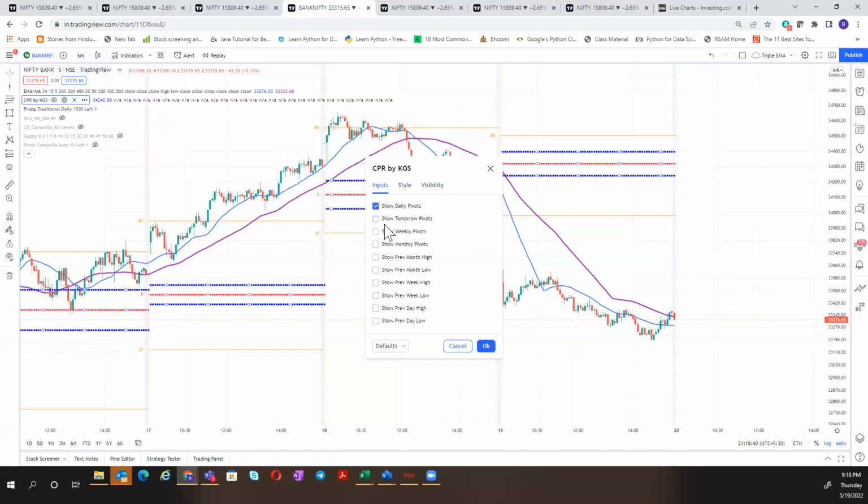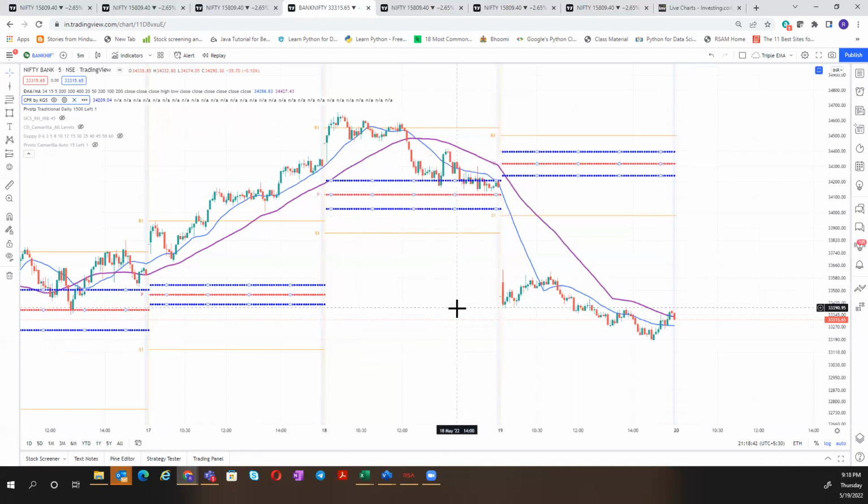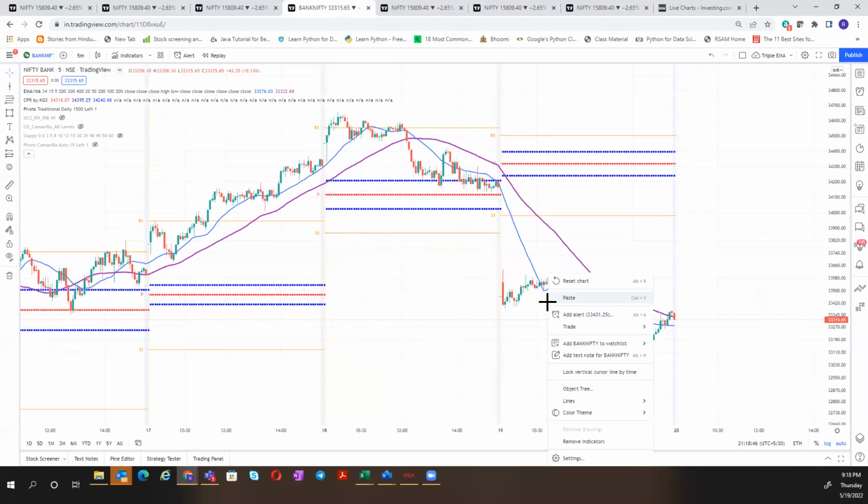Now I'm going to just demonstrate it for you without further ado. Let's go, right? And you can use this strategy in three ways. One is at the opening, when the price opens near the central pivot range, high probability, even if it goes sideways half the day, keep your eyes open, you will definitely have 1:2. And the second is when the price is facing resistance near R1 or R2, and if the crossover happens, you